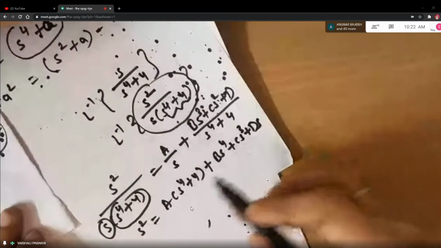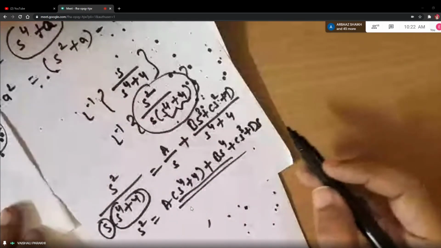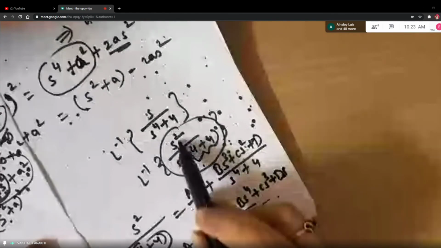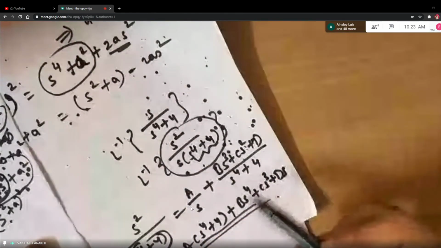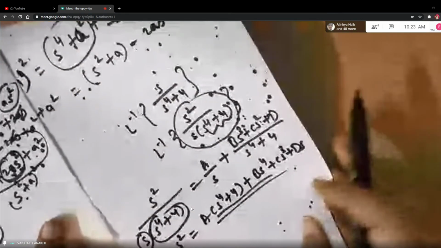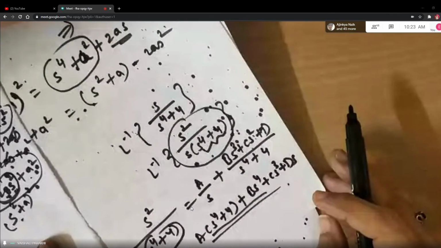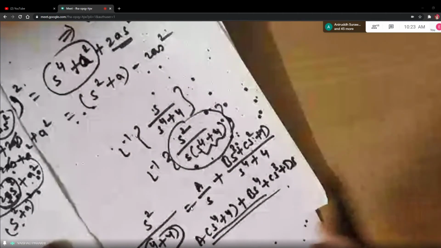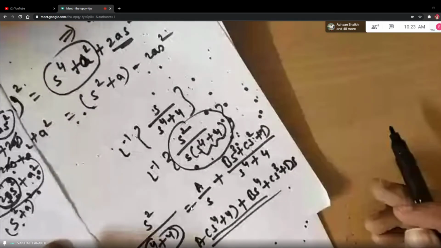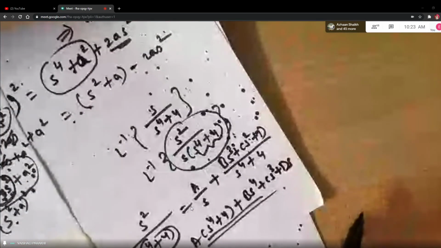Okay, if you feel that this will be less lengthy, then you can go ahead, because what you have said is correct. Multiply and divide by S. I'm not saying that it is wrong, but see the length of the solution. If you are getting the answer within fewer steps, you can go ahead with this. Otherwise, you have to solve these equations.